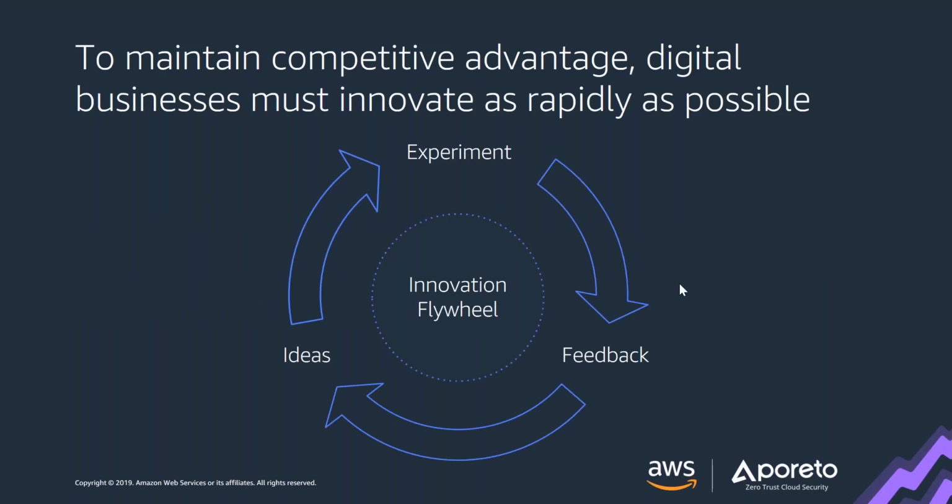And you've probably seen this slide many times here. We like it at AWS. This is our innovation flywheel. In order to innovate as rapidly as possible and stay competitive, we start talking about modernization. And these days, modernizing your business applications is an inevitable aspect of doing business. Businesses want to drive growth. They want to accelerate their migrations with repeatable processes and patterns, all while maximizing the value as they modernize their